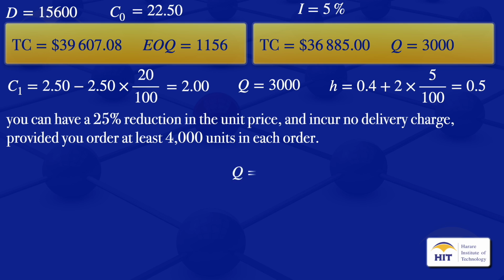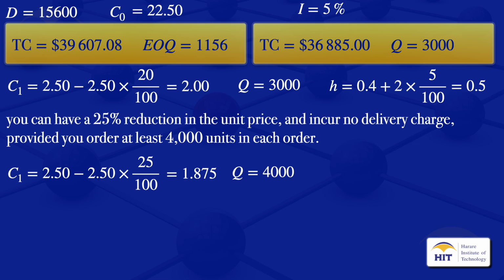So we'll be having that our Q is equal to 4,000. And in terms of our purchasing cost, initially it was at $2.50, and we are saying we are having a 25% reduction. So we would have that our purchasing cost will be $2.50 minus $2.50 times 25 over 100, the 25% reduction, and it will give us